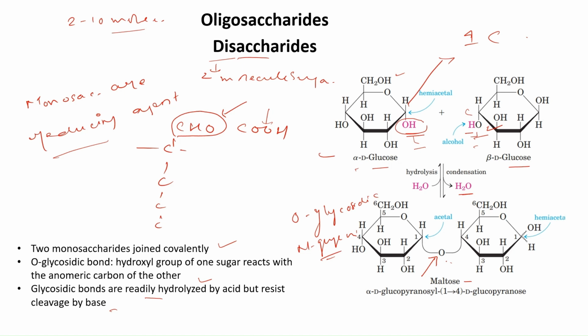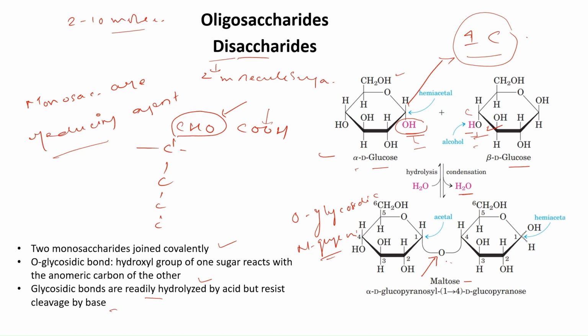So because this first carbon is now involved in a glycosidic bond, the disaccharide becomes a non-reducing sugar. Why? Because the end which is responsible for behaving as a reducing agent is now involved in a glycosidic bond. So it is no more available to reduce any chemical compound. Hence, a disaccharide is a non-reducing sugar